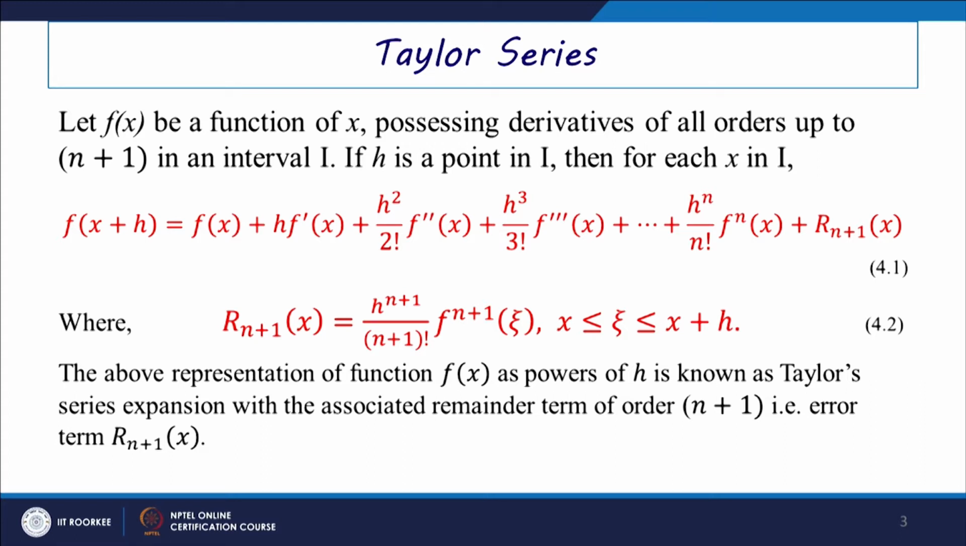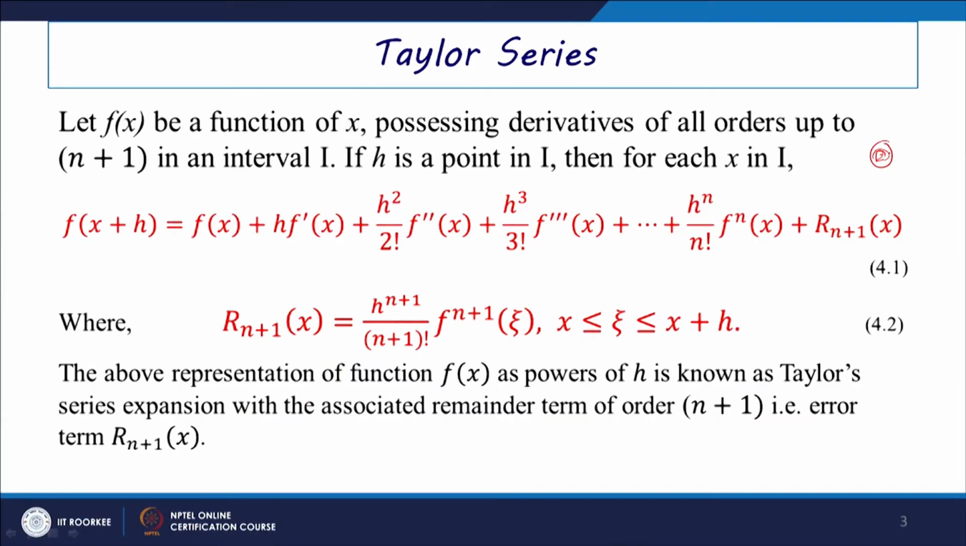Especially, the statement is: let f of x be a function of x possessing derivatives of all orders up to n plus 1 in an interval I. Suppose h is a point in I, then for each x in I, we can expand this Taylor series at all of its neighborhood points if the function is continuous along all of them. So if h is a point in I, then for each x within that interval I, we can express